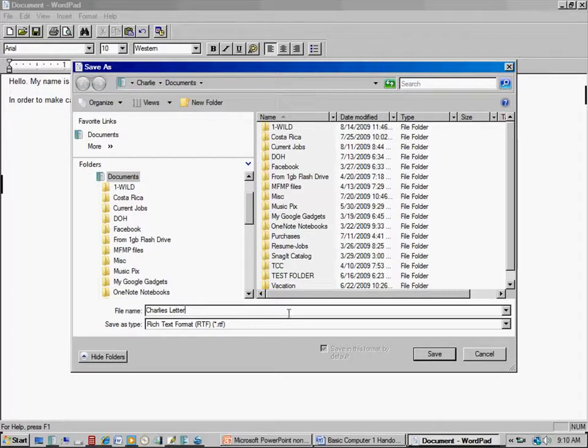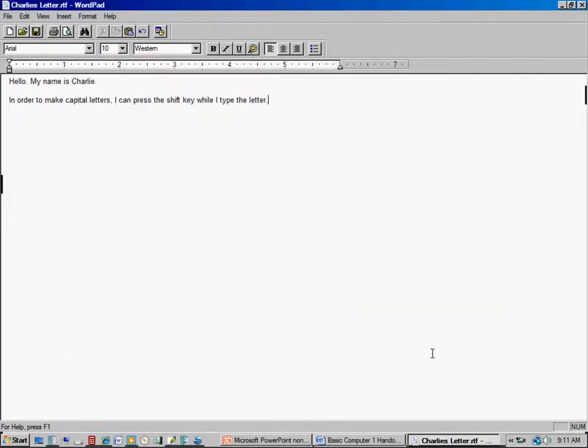Now, once I do that, it will automatically save it as the right kind of document, and it will save it into this folder called Documents. That's where the system defaults to. In older XP computers, it's called My Documents, but it's very similar. I'm going to click Save, and I have now saved the document with the name Charlie's Letter. You can see that in the upper left, it now has the name of the document. But let's say